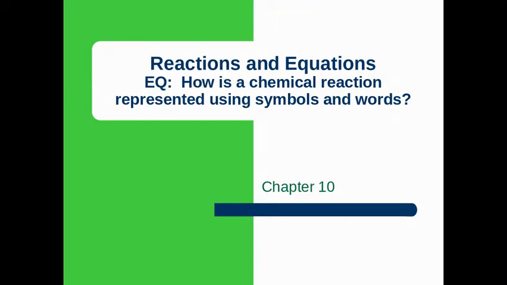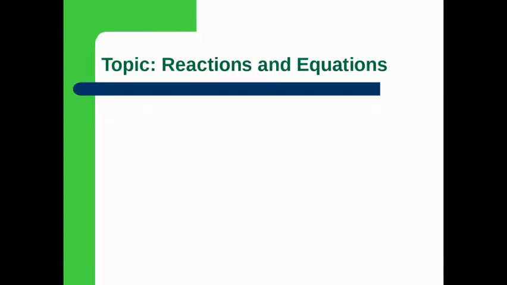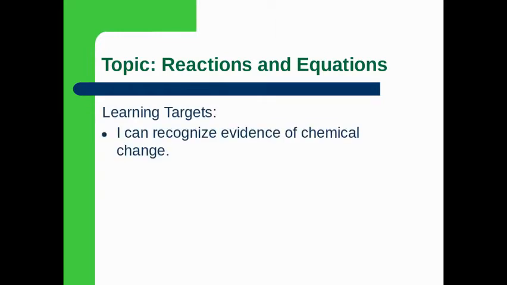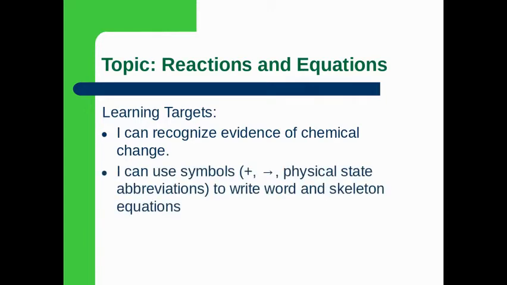This is the first lesson for Chapter 10, Reactions and Equations. And what we're going to look at today is how a chemical reaction can be represented using symbols and words. So our learning targets today are that we're going to review how to recognize evidence of chemical change. And you should be able to use the symbols plus, arrow, and physical state abbreviations to write word and skeleton